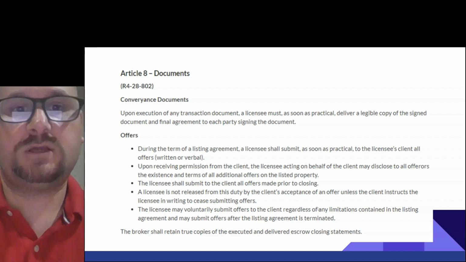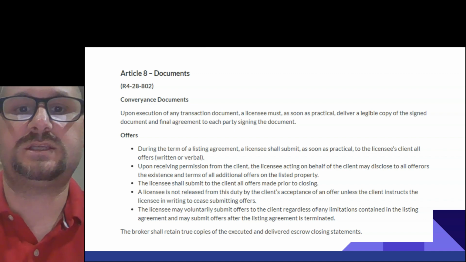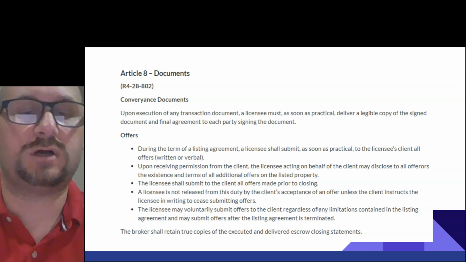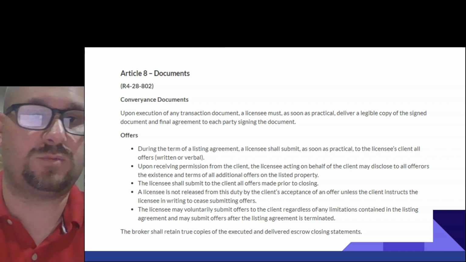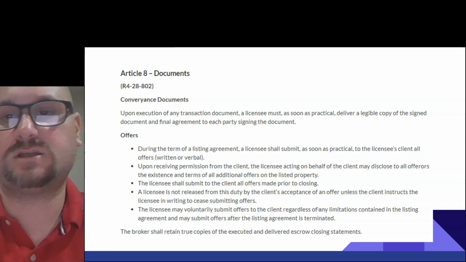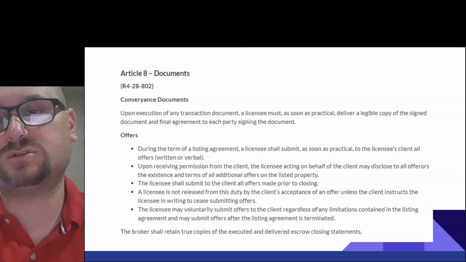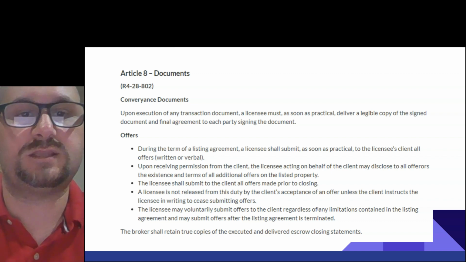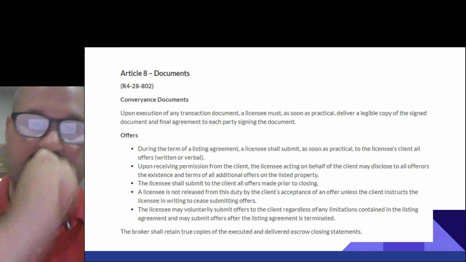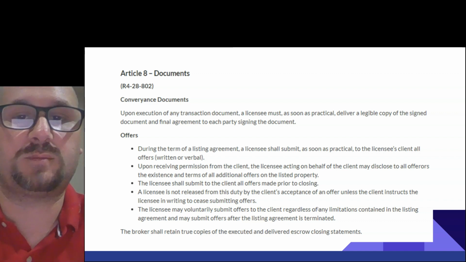During the term of a listing agreement, a listing licensee shall submit as soon as practical to the licensee's client all offers, written or verbal. Upon receiving permission from the client, the licensee, acting on behalf of the client, may disclose to all offerers the existence and terms of all additional offers on the listed property.